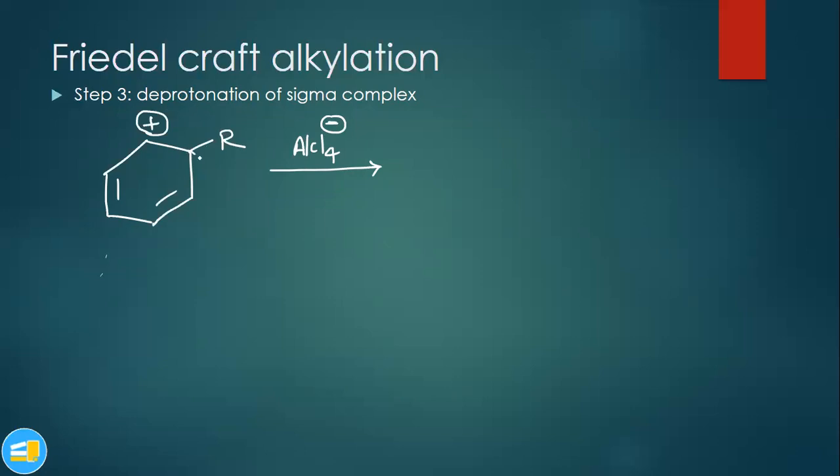If you refer to the general mechanism video, this H plus ion will be attacked by the anion which was formed in the first step, and as a result, aromaticity will return. So this AlCl4 minus will attack the H plus ion, and after removal of H plus, this carbon will get a negative charge, and the negative and positive charges are adjacent to each other, so they will form a pi bond. That is the result of the third step.